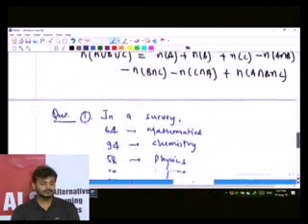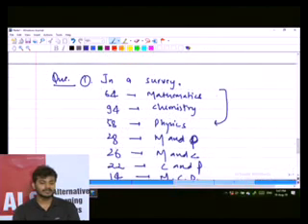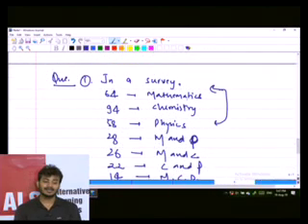Because you see what data has been given, this is not the only case. Out of the 64 mathematics students, there are some students who are also opting for chemistry, and so on, right? I hope you are getting my point. So what you have to find out of this 64 is how many students have only taken mathematics. Similarly, out of 94, how many have taken only chemistry, and so for physics.